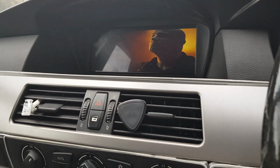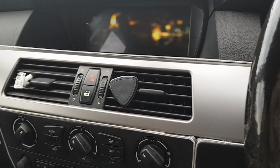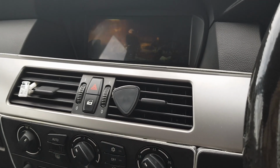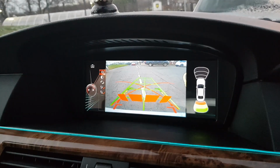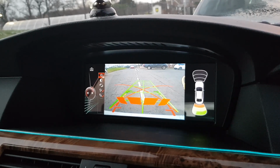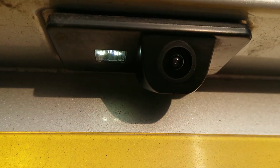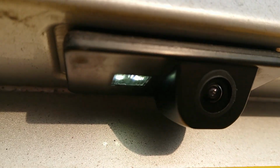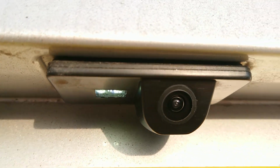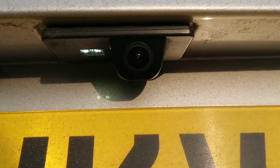Now I will show you the other camera, which is in the other car, which is a normal camera. It has been attached to the registration plate. With this camera, you can see that the view is just a normal ordinary view. You can see exactly what you see. Also, this camera is pointed slightly higher, so you can see more of the distance. I will say that this is a big plus, because when you're reversing,